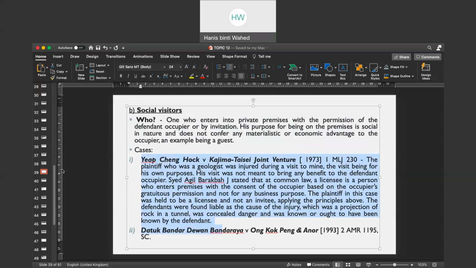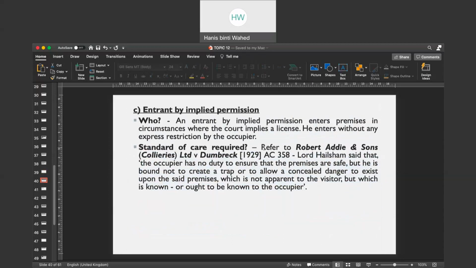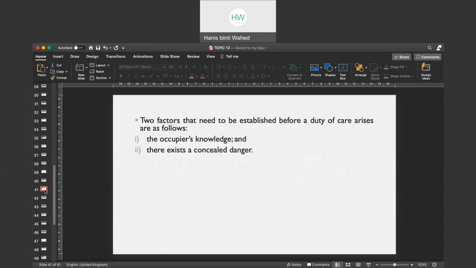And then lastly, we have an entrant by implied permission, you know, implied license. So they are the one who enters premises in circumstances di mana the court implies a license. Maksudnya the entrant, they enter the premise in a situation where the court implies a consent, ada consent. Yeah? This is a question of fact. Okay. You can refer to the case of